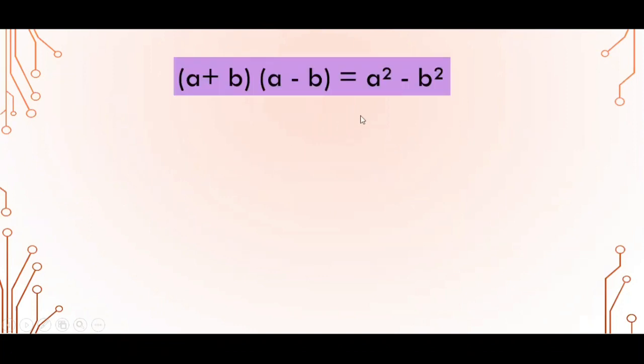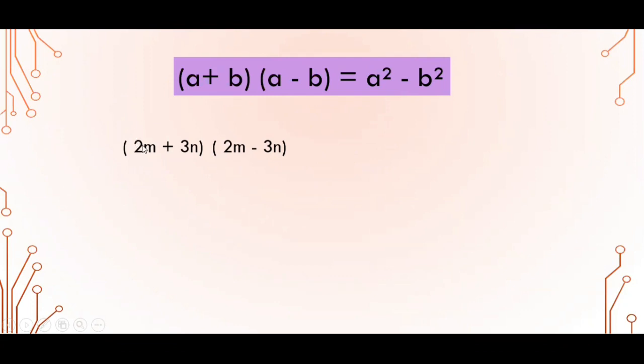Yeah. So another identity we have is (a plus b) into (a minus b) is equal to a square minus b square. This is the easiest identity. Just 2m plus 3n and 2m minus 3n. What are we observing here? A plus b, a minus b, right? So a and a, b and b, just the sign changes. And when you expand it, you just get a square minus b square.